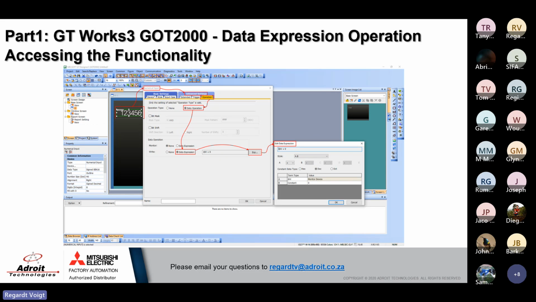Right, so how do you access the GTWorks expressions, data expressions? So first of all, if you want to change the output of a variable via an expression, that would be an advanced setting, and it will be a data operation setting, and then from there you'll access the data expression. And from here you can compile your data expression within that display value. So this will happen automatically in the background of your